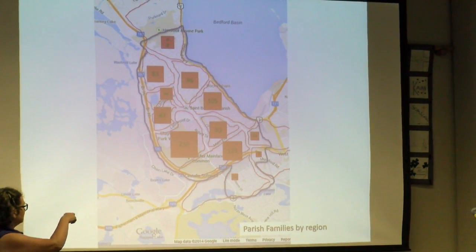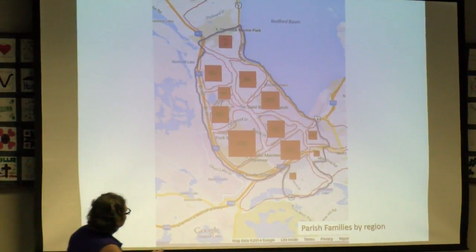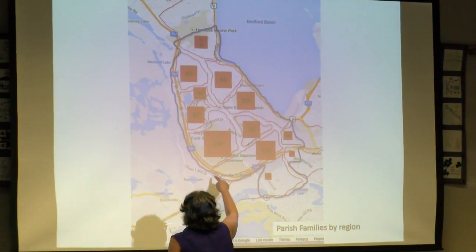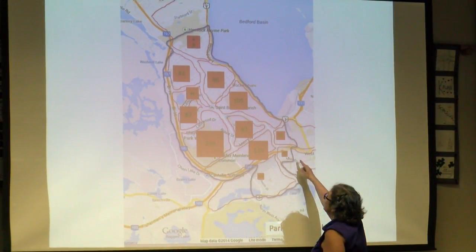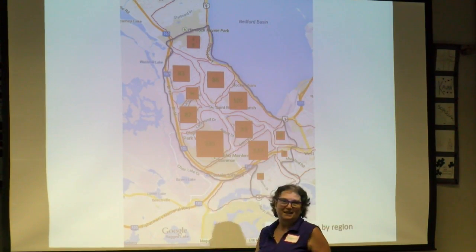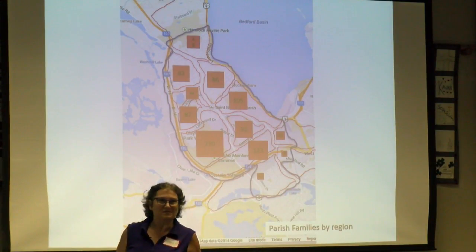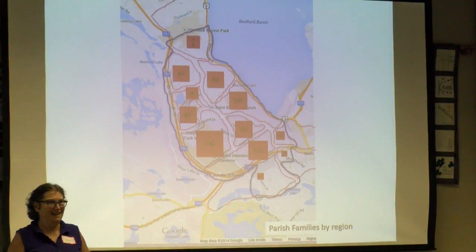So this is where our families were residing, and we did this with our postal codes. And look at this road. See this highway? And then there's another highway there, and then another highway comes down here, and our church is right there in the middle. So guess what was the number one reason people came to our church? Access. Right.